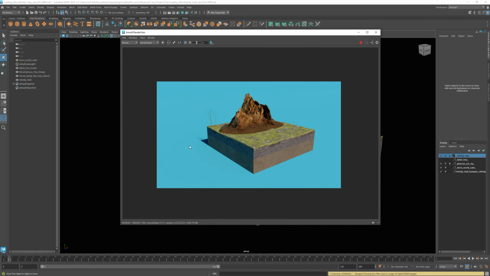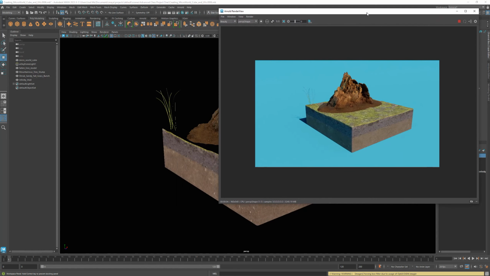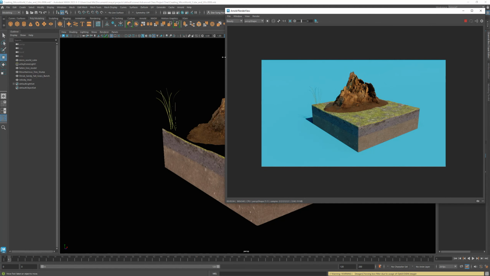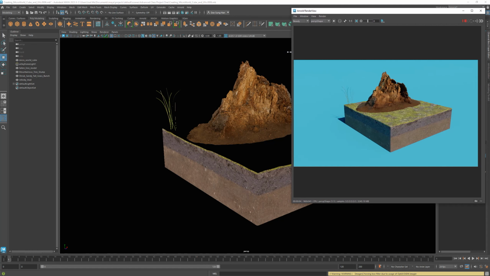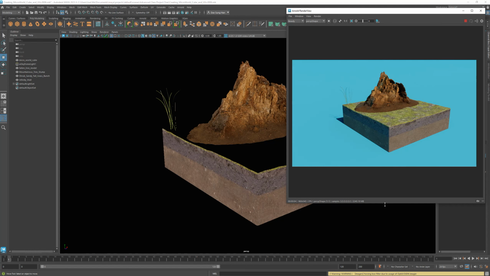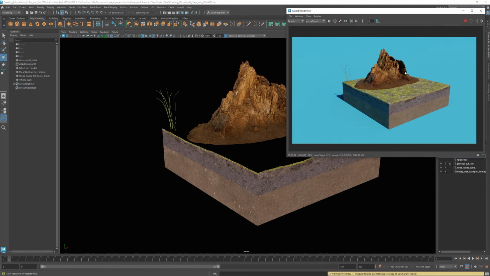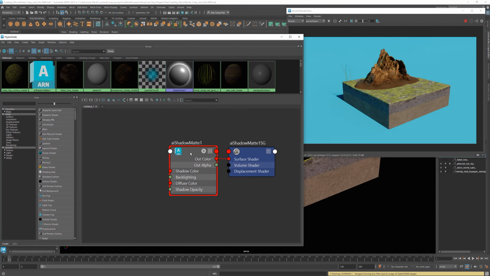So I set it to that bright teal color, which I kind of don't like. I'm gonna move this over here. I'm gonna make it smaller. I'm gonna make this like that. And right now I have this set so that it's interactive rendering. If it's off, you have a little grayed out look. Anyway, this guy, my AI shadow matte,